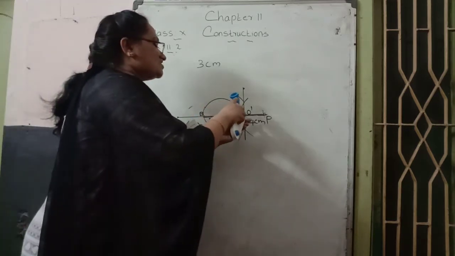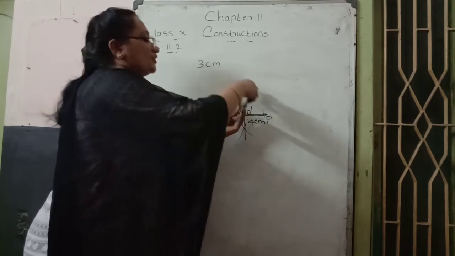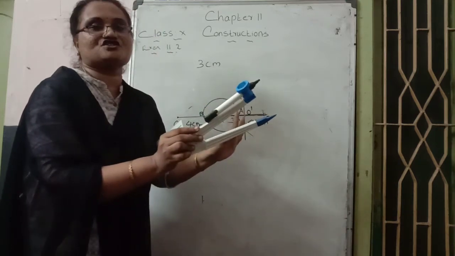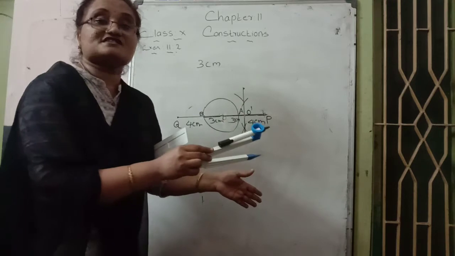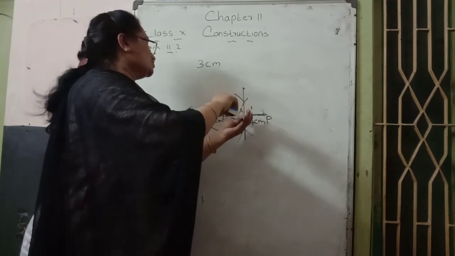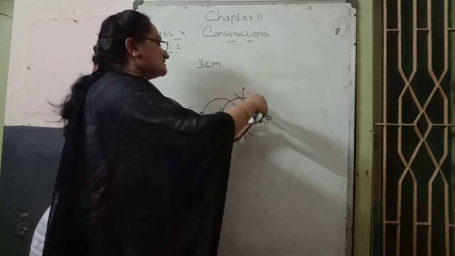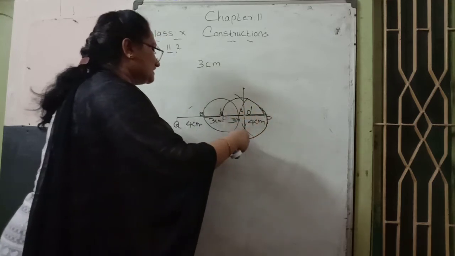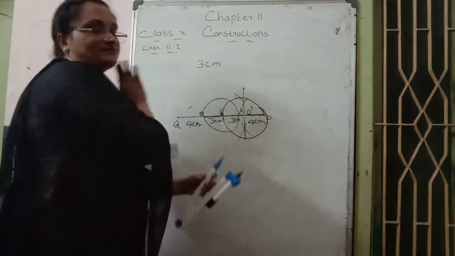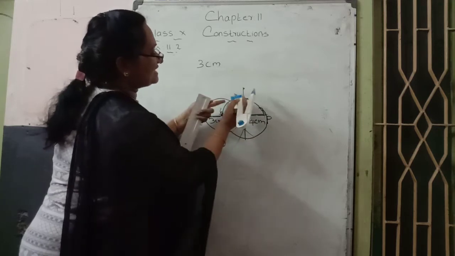Then O dash as center, O dash O as radius, draw a second circle. So O dash P, both have the same distance. Why? Because this perpendicular passes through the center of the OP length. That's why. So O dash as center, O dash O as radius, draw another circle, the second circle, joining like this. First the right side construction is complete, after that you go through the left side. Otherwise, you may make mistakes.